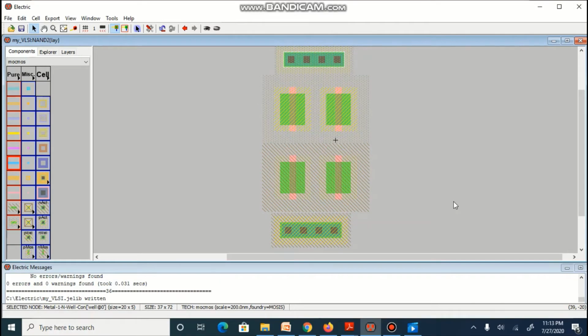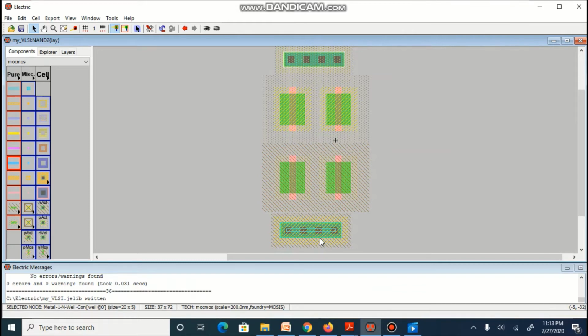In Electric, we have created new cell NAND 2 for layout. We have taken two NMOS transistors and two PMOS transistors as shown over here. W by L for all four transistors is kept as 10 by 2. N well on the top and P well on the bottom are added.